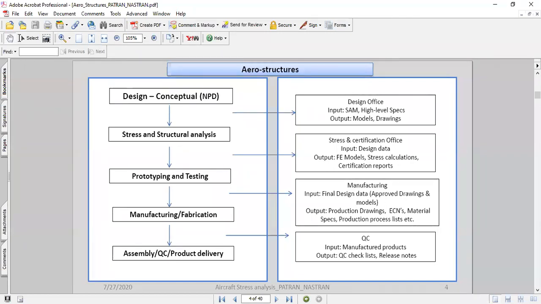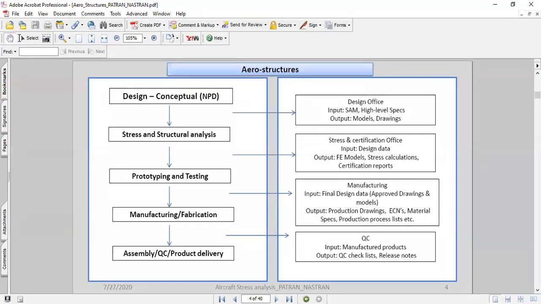For the stress and certification teams, we get the models and drawings from the design team as an input, and then we start building up the finite element model. Then we do our own stress calculations and interact with the design teams regularly. In case any modification is required to the design, we pass it on to the design team.